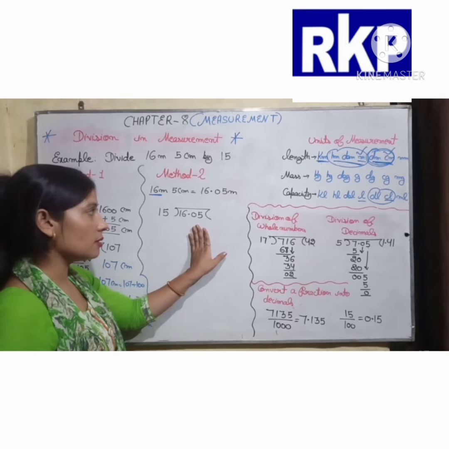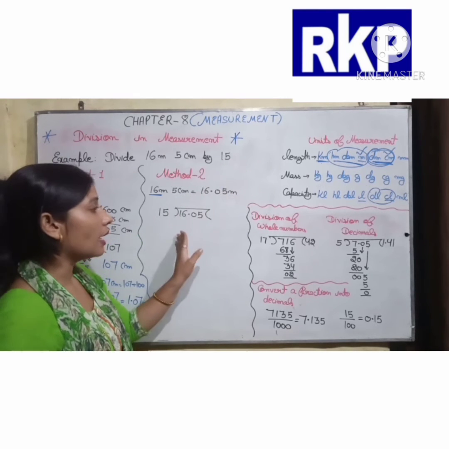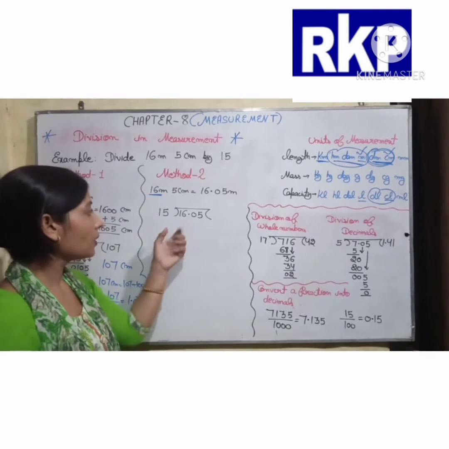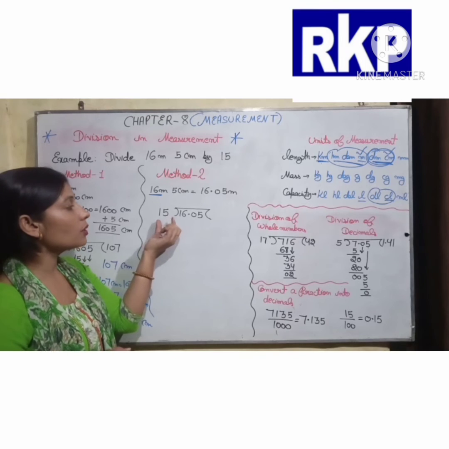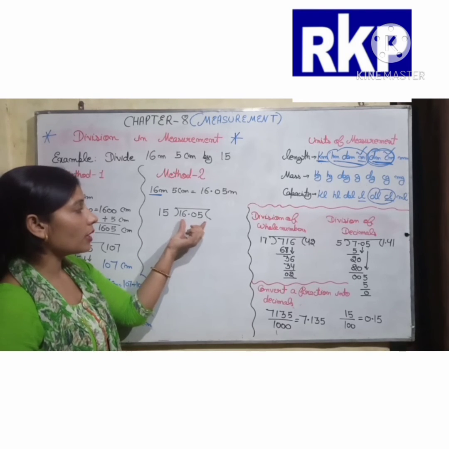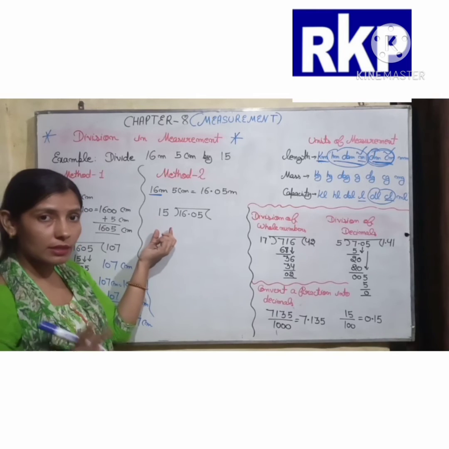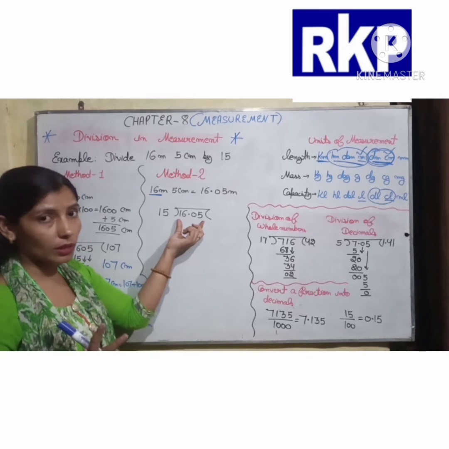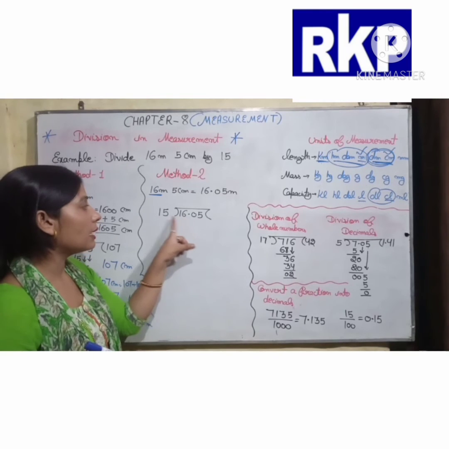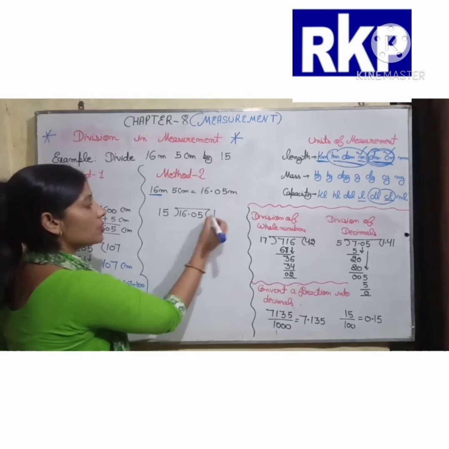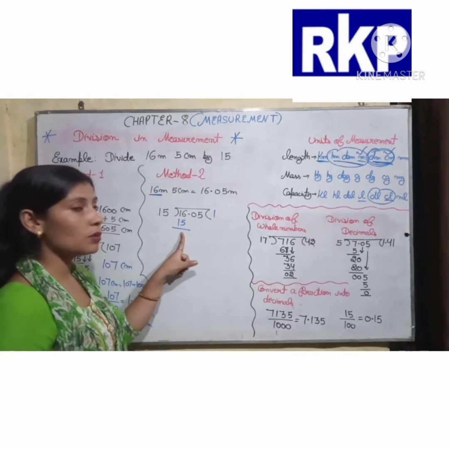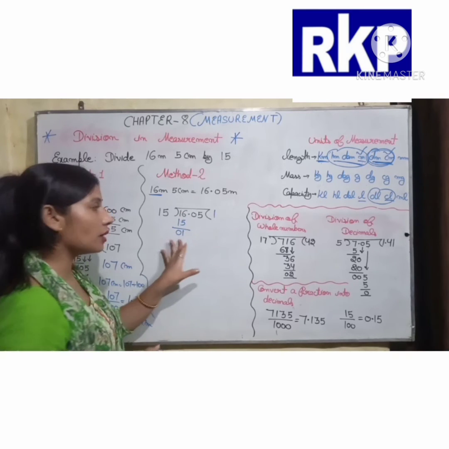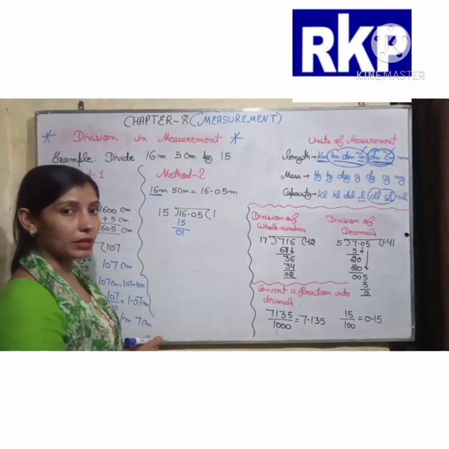Now we have to divide this by 15 like decimals. Like division of decimals, we have to solve it. So here we have 15. Now we have to divide 16.05 with 15, and here we have two digits in our divisor. So from dividend also we need to take two digits. Here we have 16, so we can divide it with 15. 15 1 ja 15. Now we subtract 15 from 16, and we get here only 1.